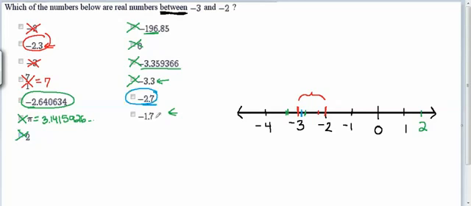And our last one here, -1.7. So I start at 0 and I go backwards 1 step and then 7/10 more. Gets me almost all the way to -2, but not all the way there. So it's close to the interval of interest, but it's not between -2 and -3. So to summarize, the three values that would be between -3 and -2 are going to be -2.3